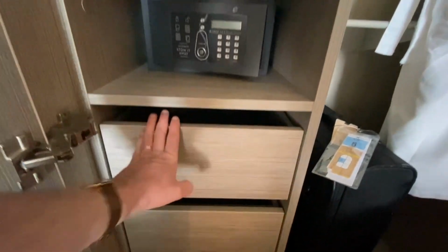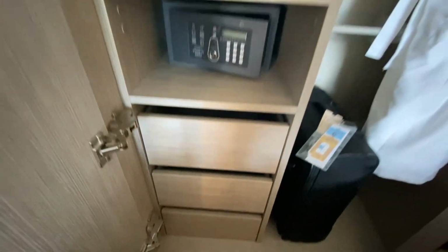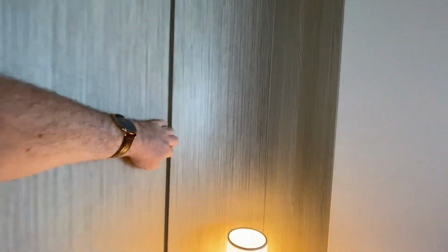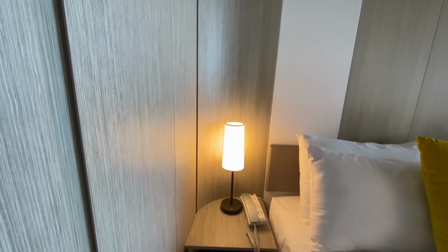There's only one drawer here, 2, 3 drawers. So only 3 drawers here in the wardrobe. So when we go around, we'll have a look and see whether or not there's some other drawer space as well. Just check over here and see whether, I think this is all just paneling here as well. On the side, quite stylish sort of